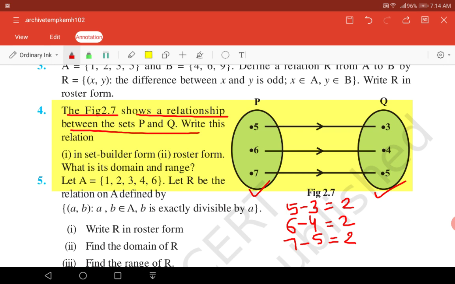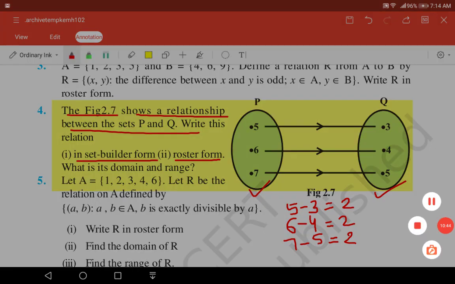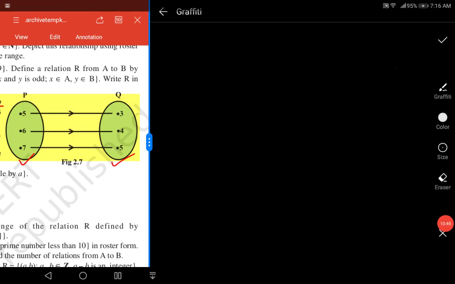So they are saying ki write this in the set builder form and in the roster form, and what is the domain and range in that case. So let us do this question. So first of all, let us write the situation in the set builder form. So yes, we can write R is equal to